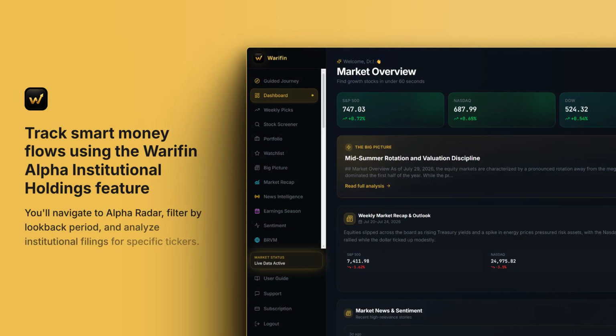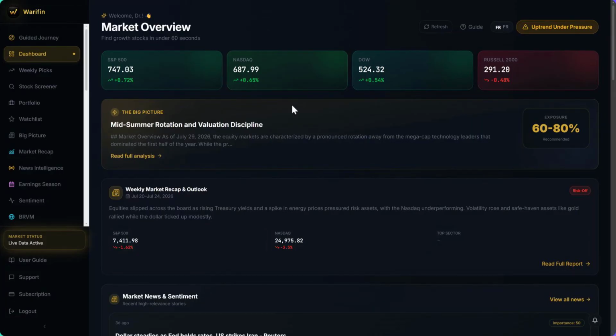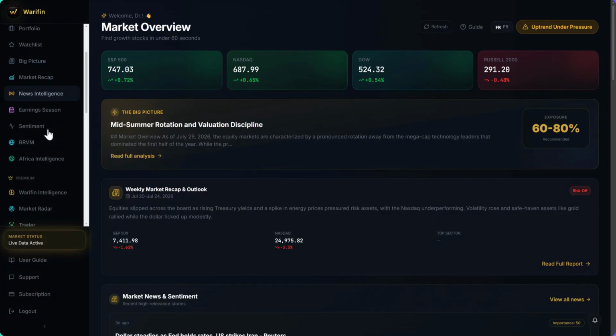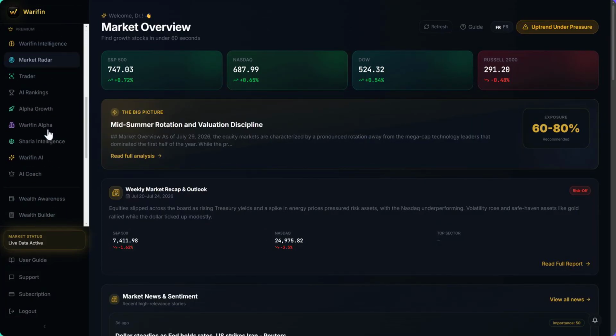Discover how to track institutional position changes and filter consensus stock data using the Warifin platform. Starting on the main dashboard, we can see the initial market overview and current indices performance before diving into specific